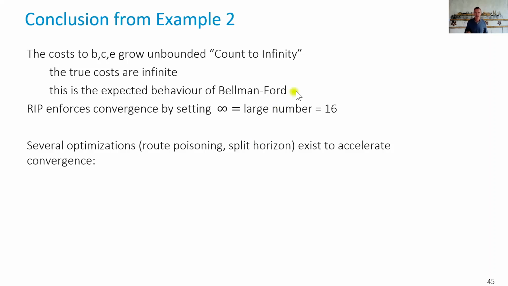So we have seen that the nature of the Bellman-Ford algorithm when it's distributed is that if the network is partitioned, it will count to infinity, and this can be avoided by having a safeguard which puts an upper bound on the network diameter, which is done by RIP. But it can be improved. Instead of, as with RIP, in most cases we will not wait until we count to the value of 16. Instead,